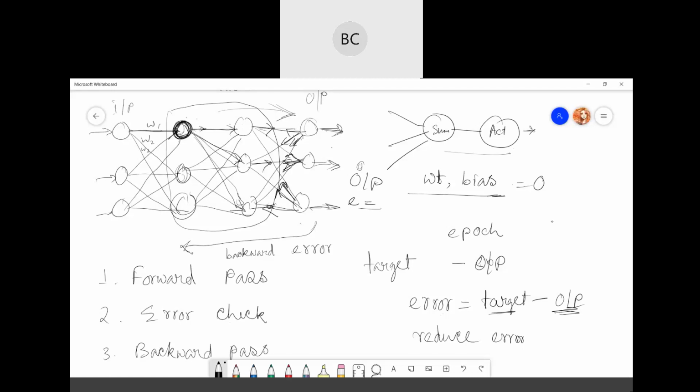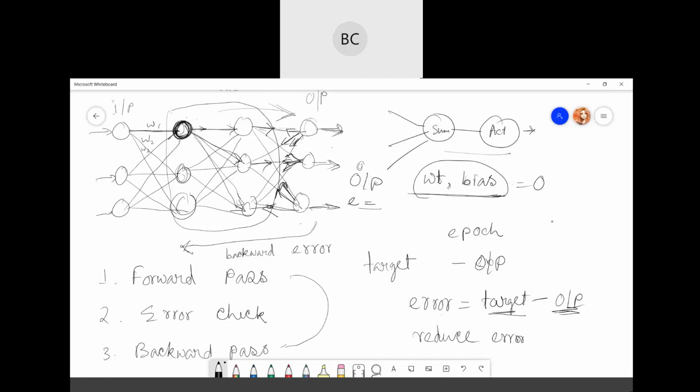So it's a cycle of forward pass and backward pass. In each epoch you calculate the error, which is target minus your calculated output, then send it back to each of the neurons. This process continues until the error is minimal or null. That's the main concept of backpropagation. The trainable things in your neural network are the weight and the bias.